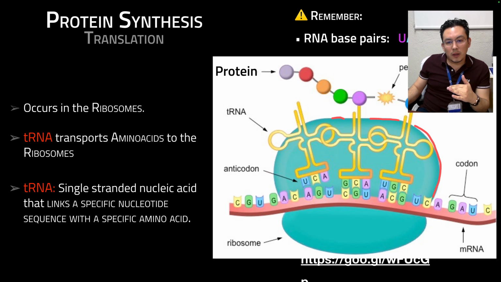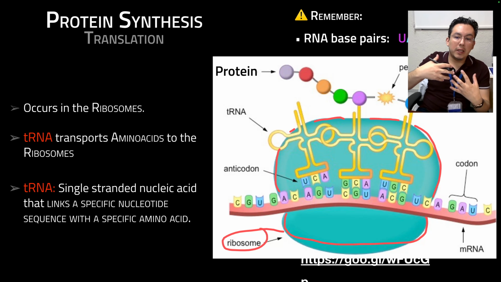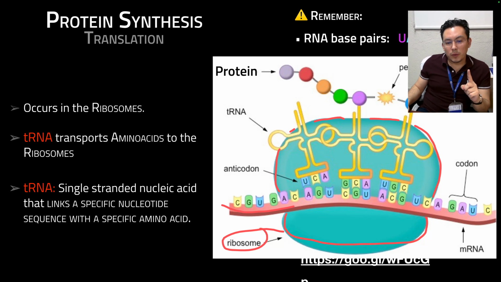Because in this section, you may notice here in the background, there's a green thing. This green thing is the ribosome, which represents the organelle where all of this is actually getting together. So in summary, the ribosome joins with the mRNA, and depending on the codon, the anticodon of the tRNA will match,